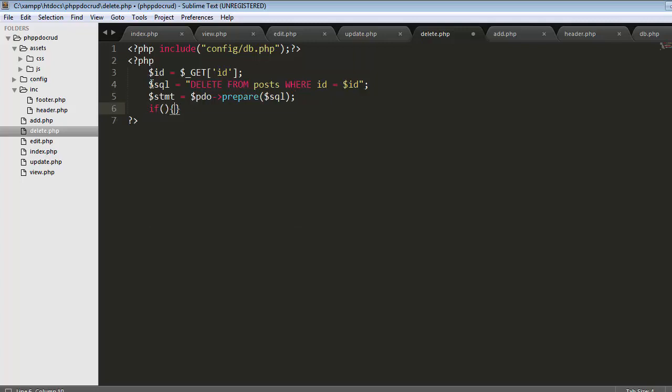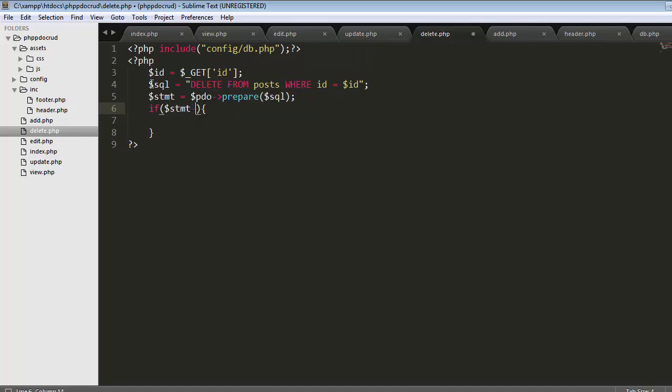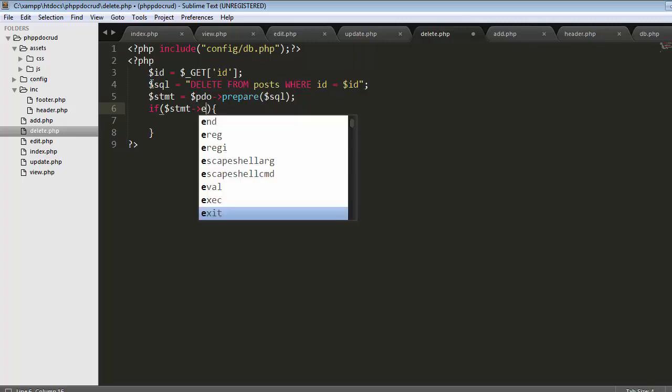So while executing, I will check whether the statement gets executed successfully or not. If the statement gets executed successfully,